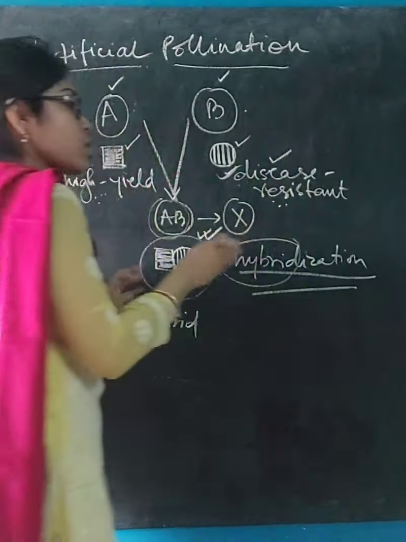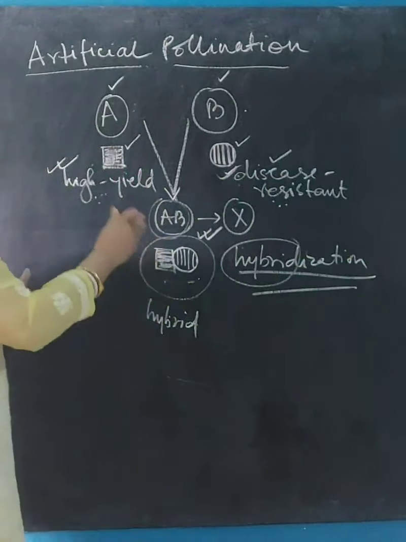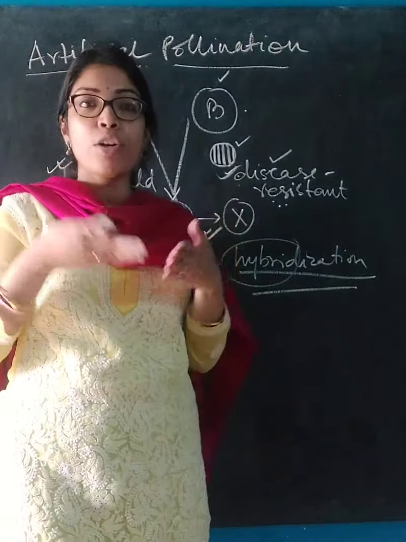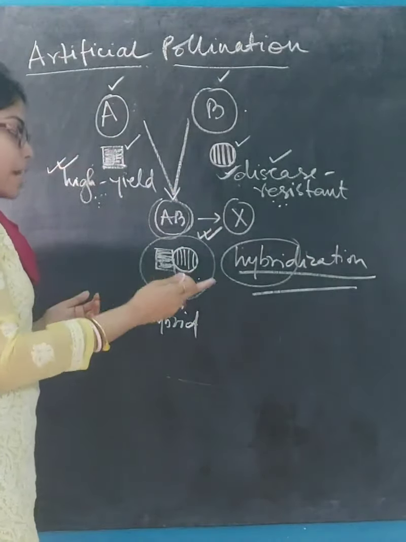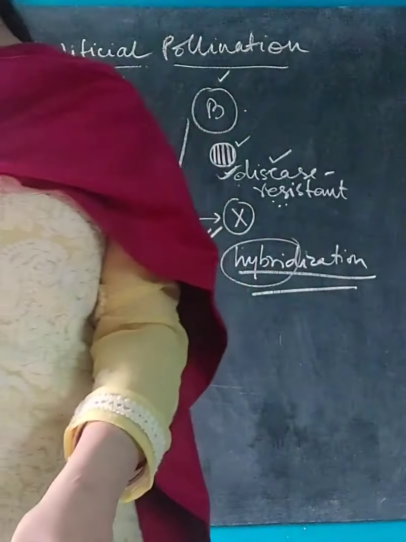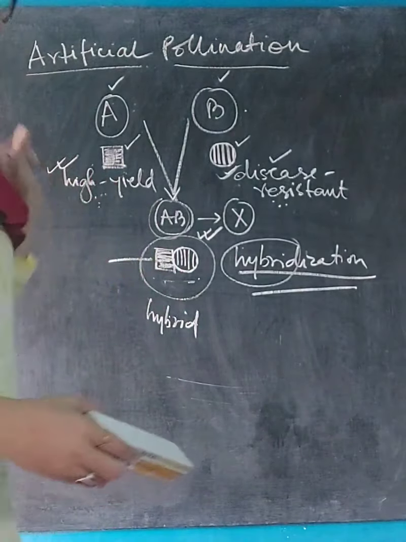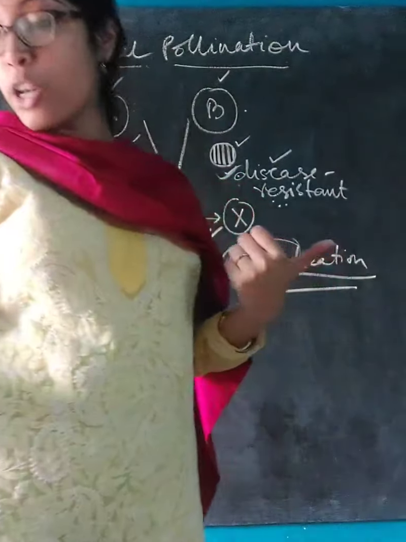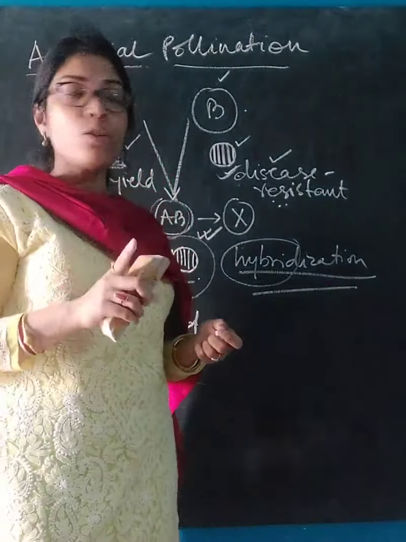That means they have found out a variety of rice which is disease resistant and another variety of rice which is high yielding, and they have made a cross between them and got a very high yielding disease resistant variety of rice which is known as a hybrid. Okay, the steps in the process are explained in figure 2.18. So now this topic is very important, and also the process of hybridization which you will find in your book page number 25, figure 2.18, the flow chart is also very important.